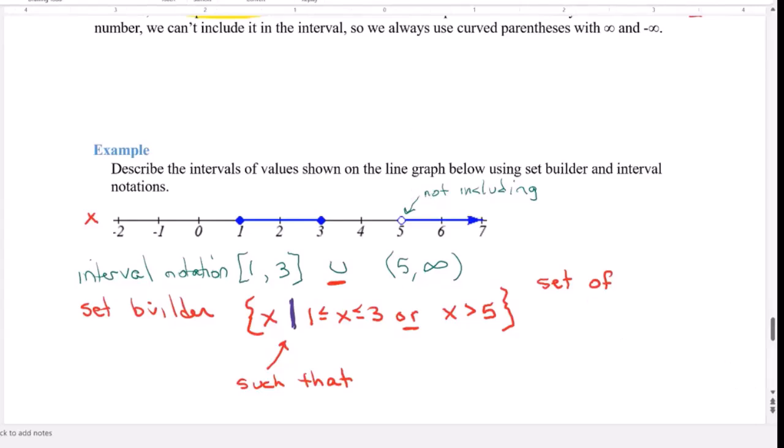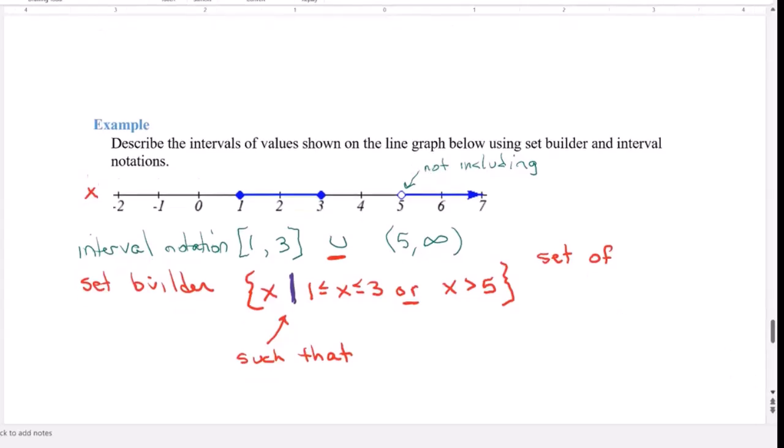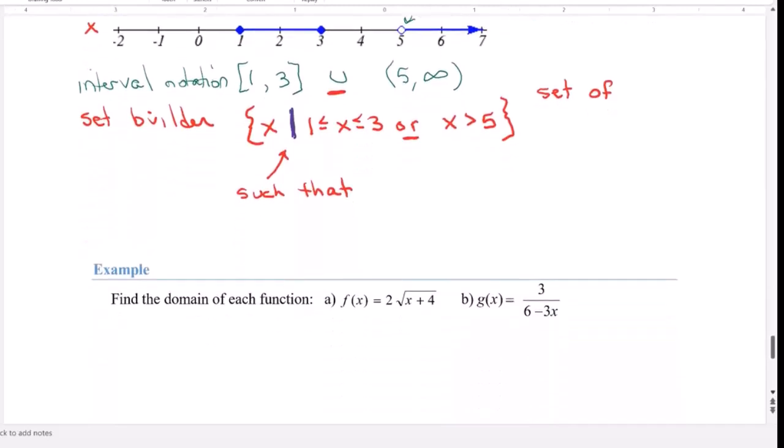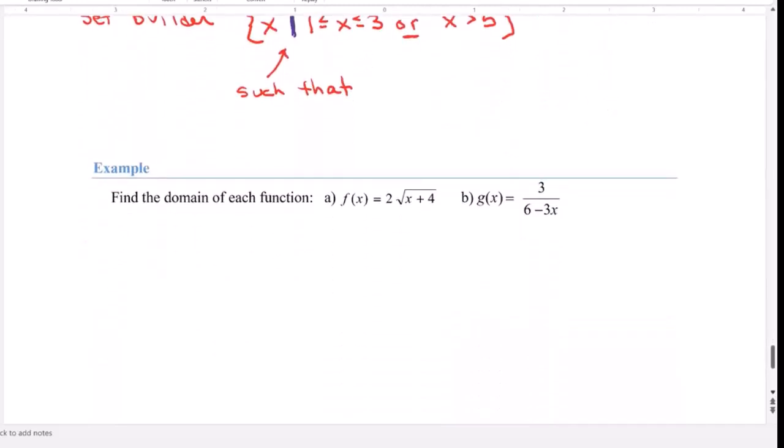Now, let's look at how to find the domain. And most of the time when we don't have something on a graph, we don't look for the range. It's a little more difficult to find the range of things than the domain of things. For example, for A,